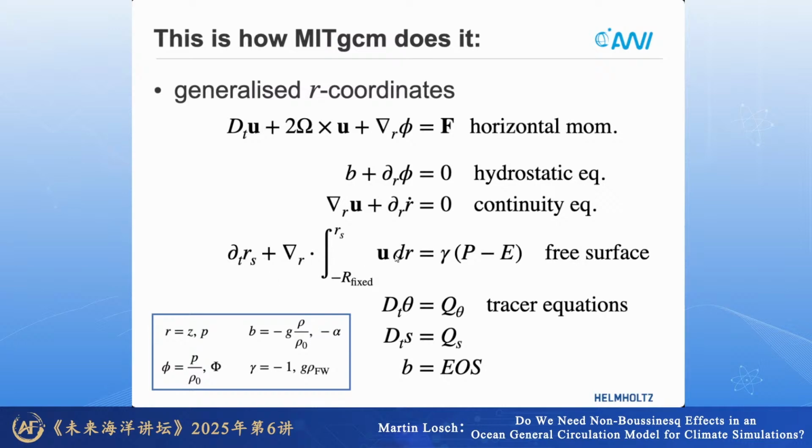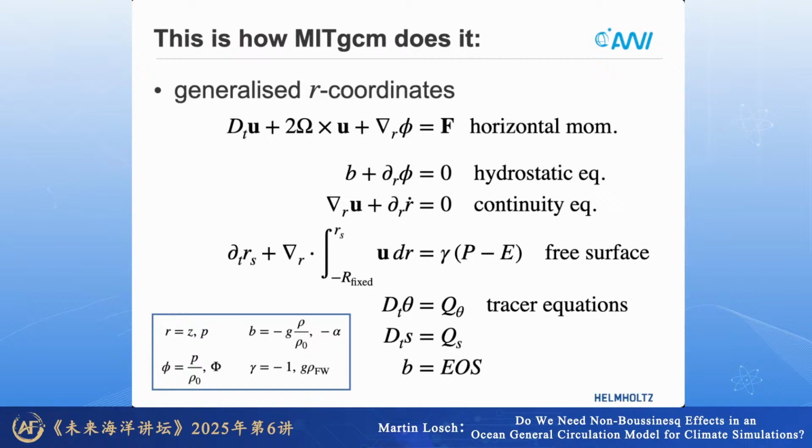And then you have to make sure that for the sea surface height, or for the free surface variable r at the surface, your freshwater input has the right units. So in the z model, it's a volume unit, and in the p coordinate, it's a mass unit. So that's what this gamma does. It's just a unit conversion. So you can actually switch between these two systems within the same model code,